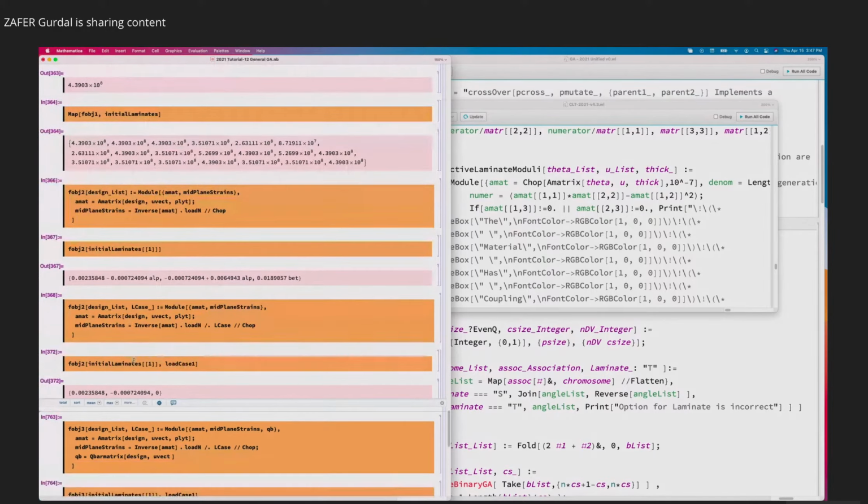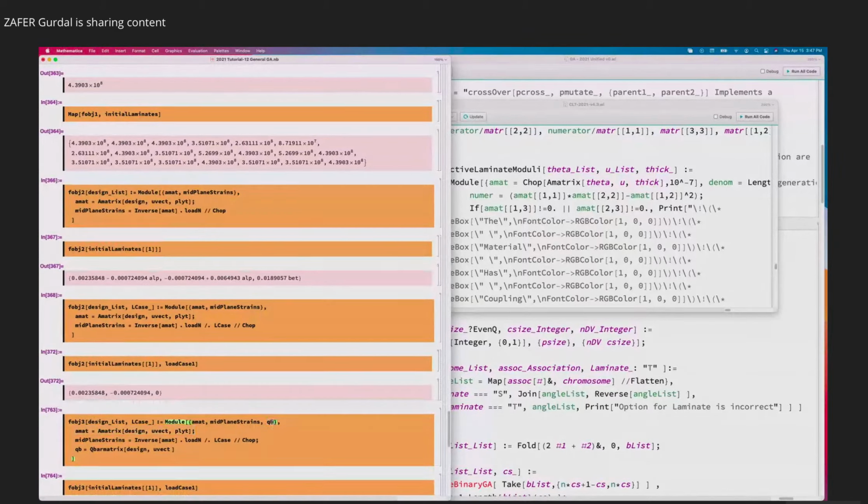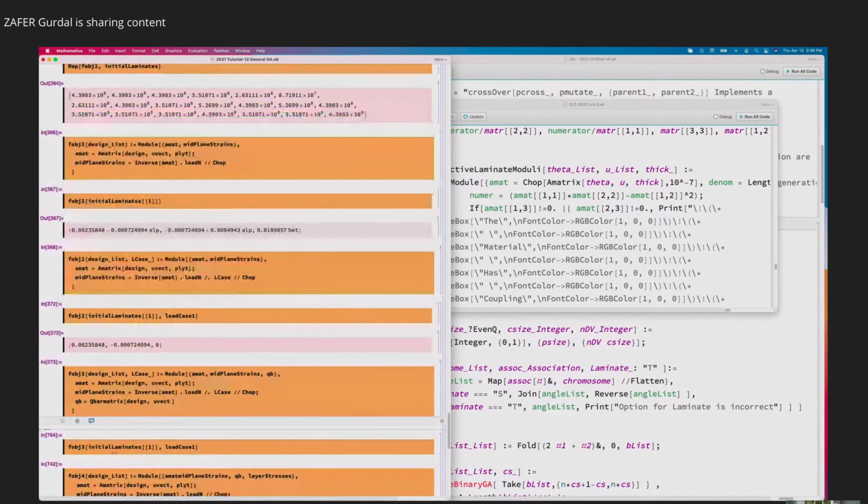So I create objective function 3, copying the objective function 2 completely down here, and then renaming it 3, leaving the number of arguments same. I added one more line, Q bar, and Q bar is the Q bar matrices for the individual layers of a design by calling the Q bar matrix. So this now is going to compute the Q bar matrix of each design and output for the load case